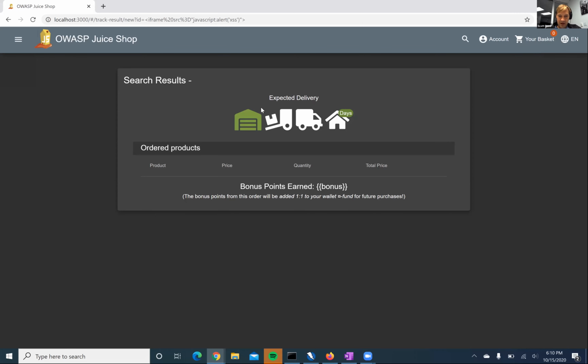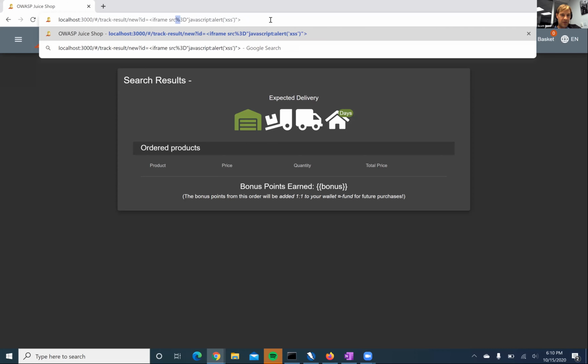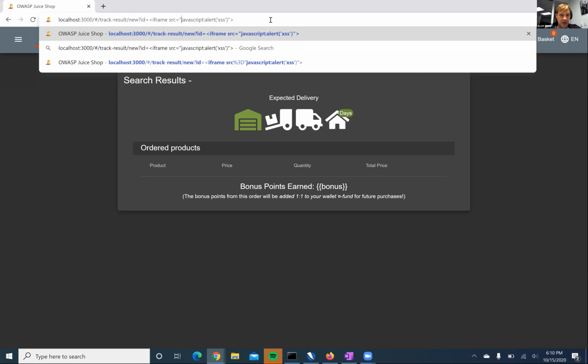Not for me right now, which is weird. Yeah, I feel like that's what, I mean, it automatically encoded the space for me. Yeah, I felt like I didn't have to do anything. It was all just like this and it worked. But it doesn't seem to be working right now.